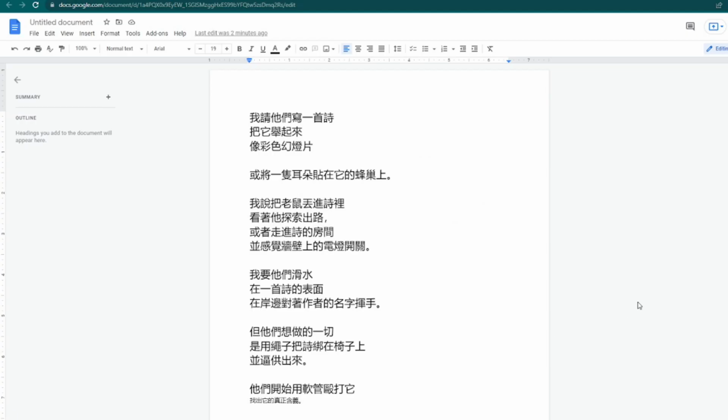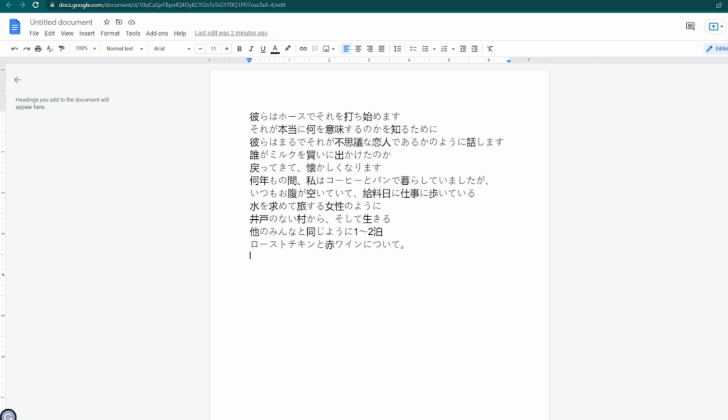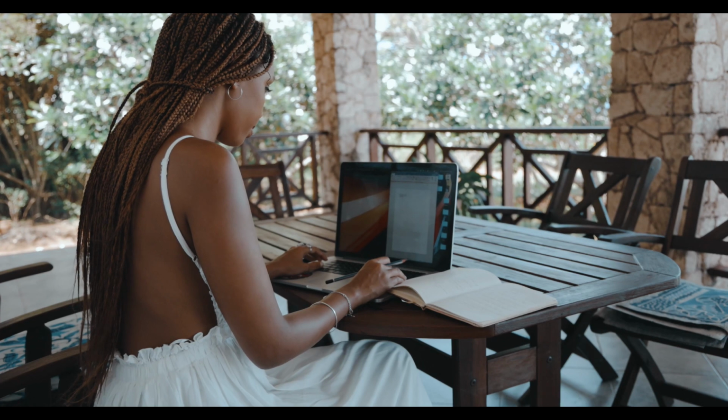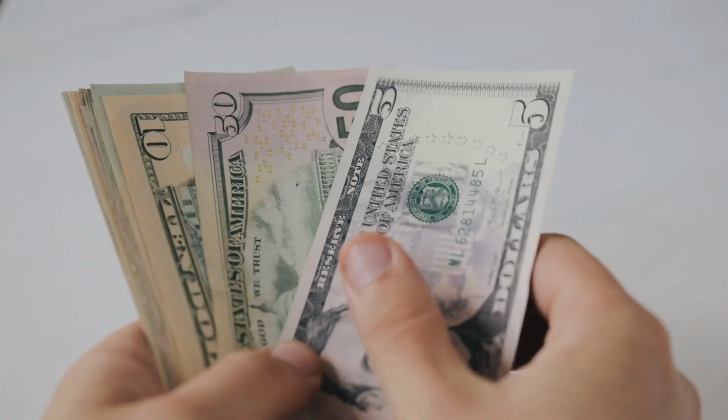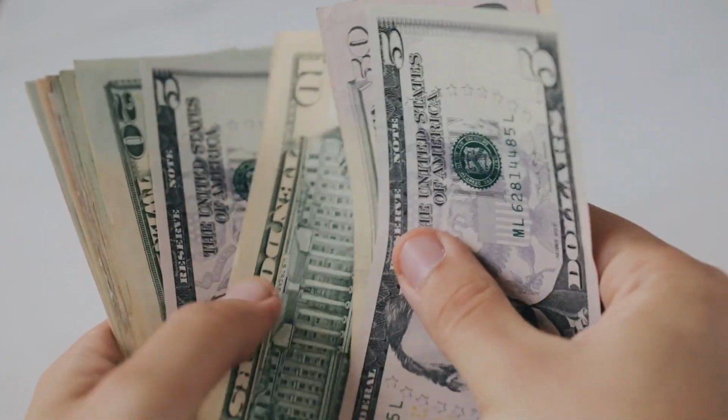Here are some articles that you can expect to receive here. See this one? It's in Chinese and they need it in English. So here's another article, it's in Japanese, and again, you need to translate it to English. When you're able to do that, you make an extremely easy $75, and once a task is approved, you get